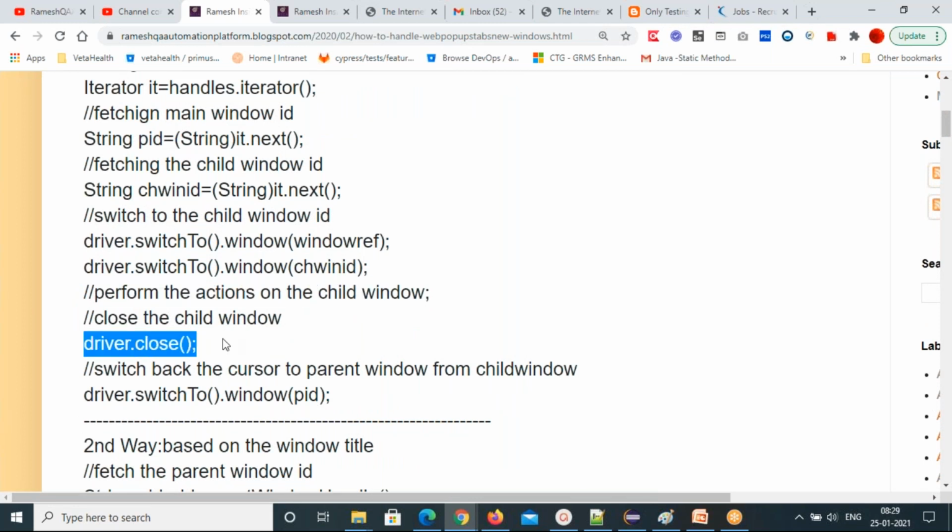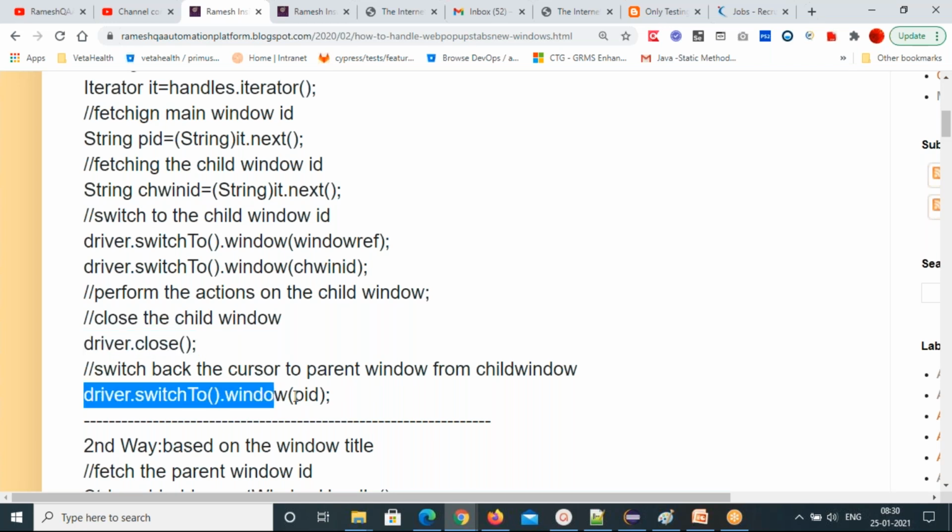Then close that child window. Driver dot close, what will it do? Wherever the cursor is, that window will close. Now you are in the child window, so only that child window will close. Then you switch the cursor back from the child window to the parent window. How can you switch back again? Driver dot switchTo method dot window of, you give the parent window this time. Now the cursor will come back to the parent window. Then you can do actions on the parent window elements. So this is how to handle